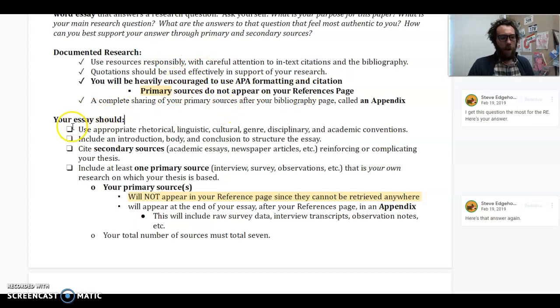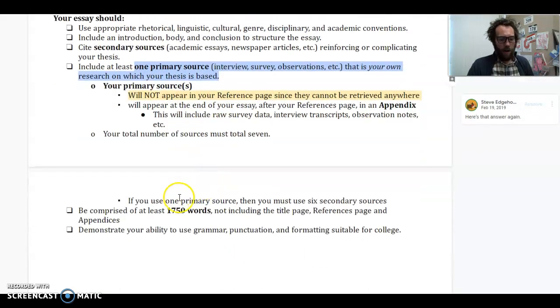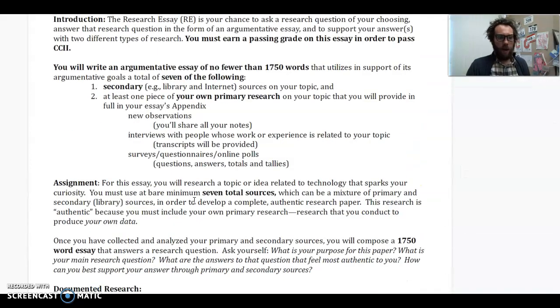All right. You of course use conventions correctly. That is linguistic and cultural, disciplinary, all these words here. You'll work to contextualize your essay at the beginning. You will close things out and look towards the future at the end. And in the middle is where most of your argumentation, I imagine, will be taking place. All right, your primary sources have to, again, meet that high standard. All right, what else do I need to say? You know all this stuff here.